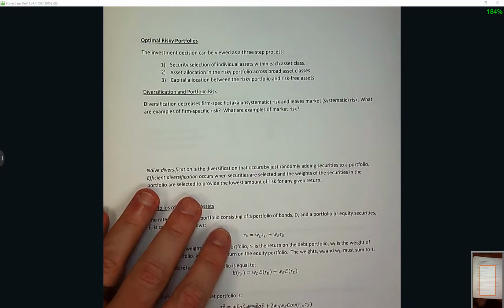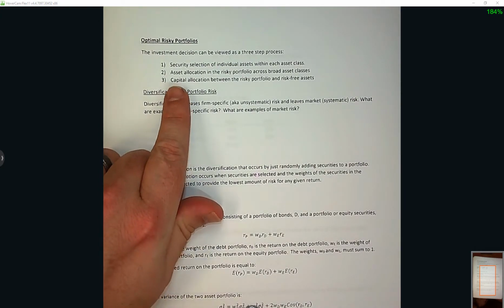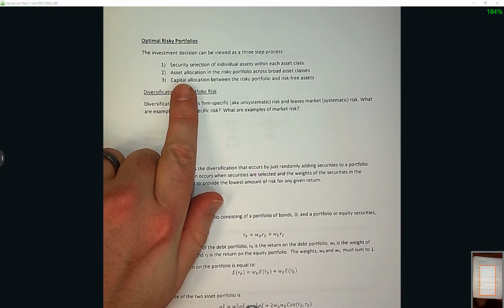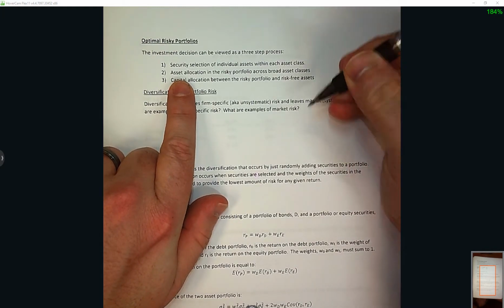In this video, I'm going to go through the third topic for our course, optimal risky portfolios. So what I have up here is that the investment decision can be viewed as a three-step process. The first step is security selection of individual assets within each asset class, and that's what we're actually going to do